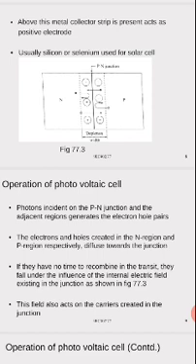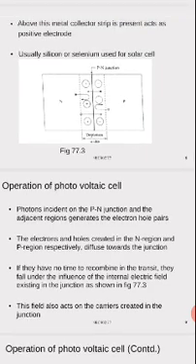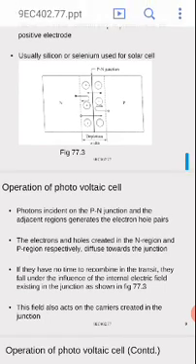Electrons come out from the covalent bond when they get energy from the light. The covalent bonds get broken, hence the free charge carriers come out from the bond. Hence, majority carriers are created when light falls on the plate.